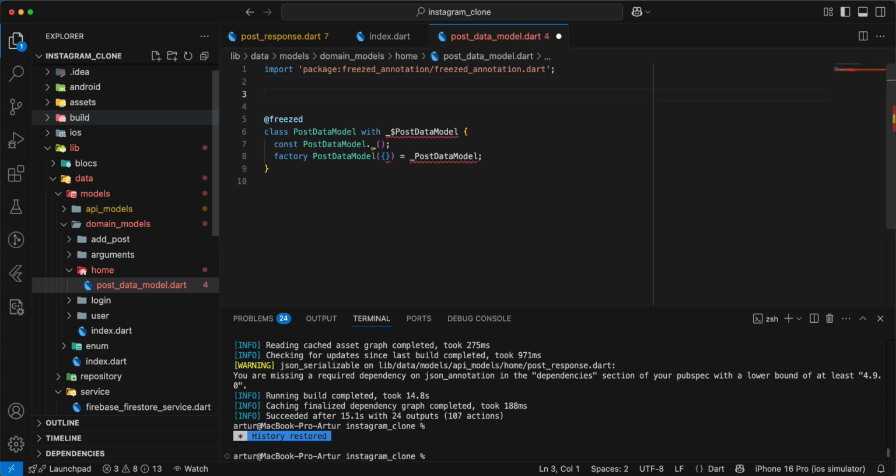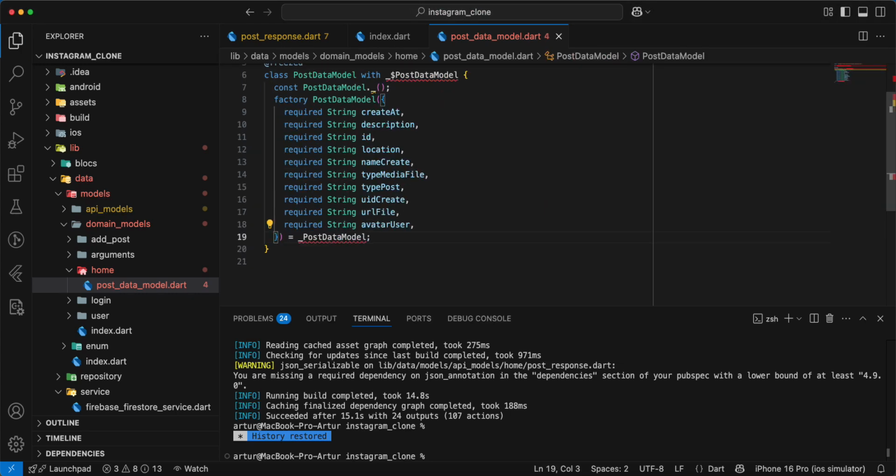Then you write part dot freezed dot dart, add parameters, then select build runner,